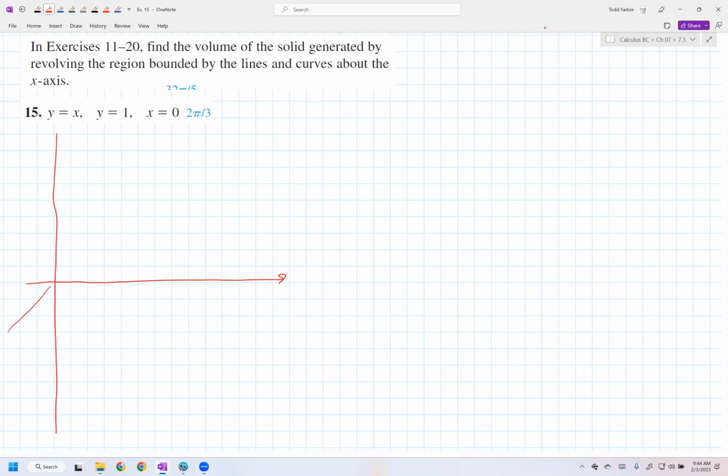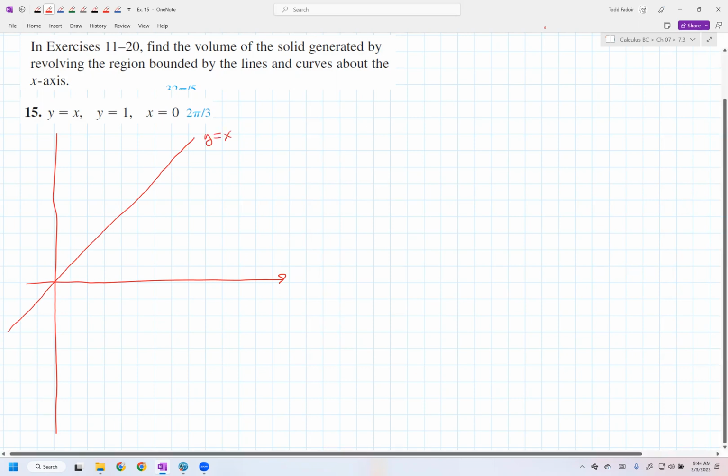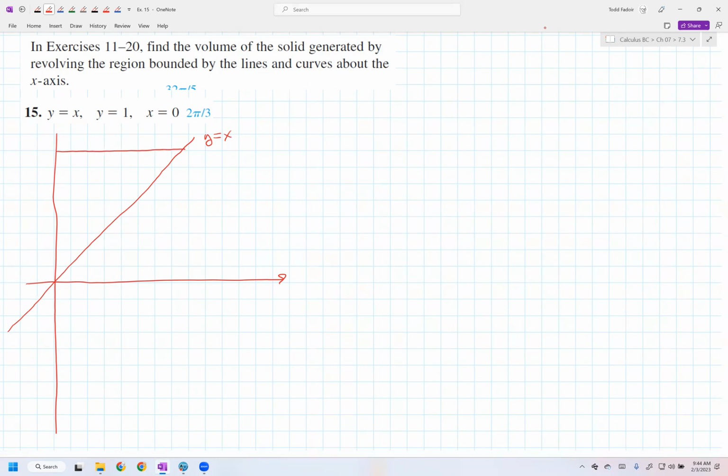Okay, it is bounded by the line y equals x and the line y equals 1 and the line x equals 0. So let me actually highlight that all in blue. So that is indeed a triangle. And this is going to be then revolved around the x-axis. So the way we start trying to visualize this in 3 dimensions, I start by drawing the reflected